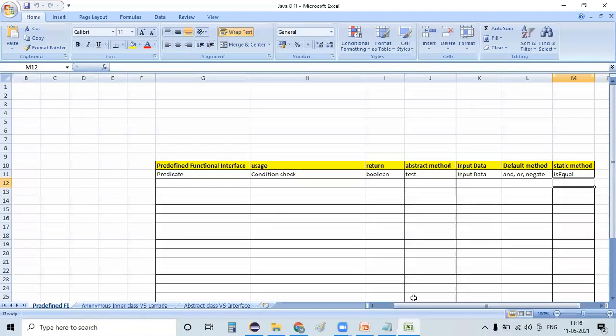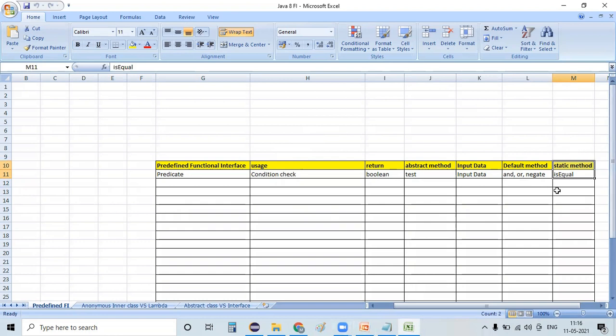Hello guys, welcome back. Till the last session, we have seen various examples on a predicate, abstract method on a predicate, and default methods we have on a predicate. And the last one that we have on a predicate is about static methods. So what exactly is this static method in this predicate? How are we going to use this static method inside this predicate?